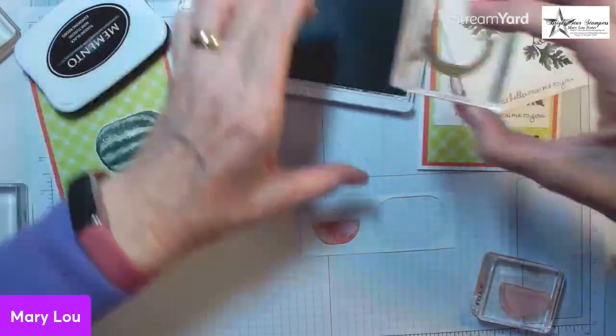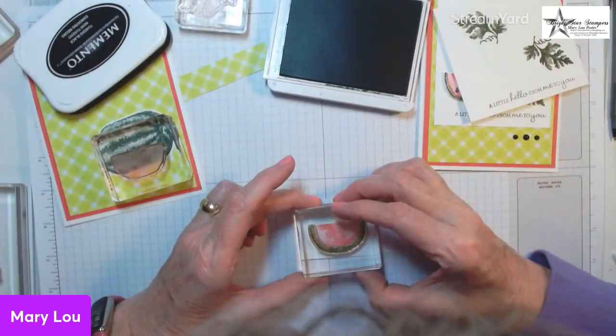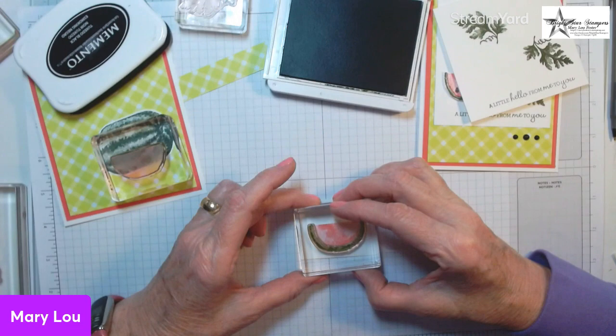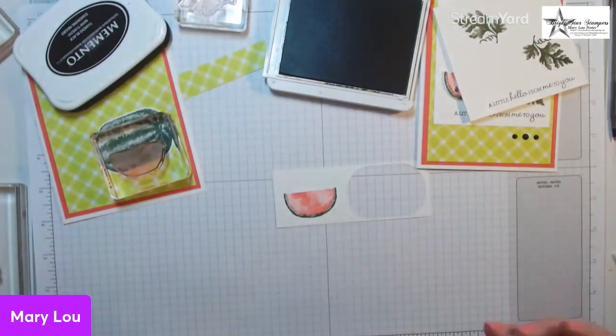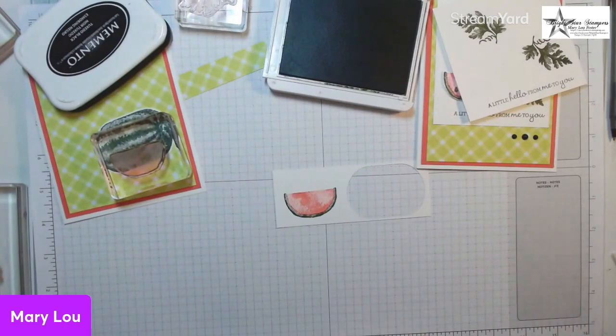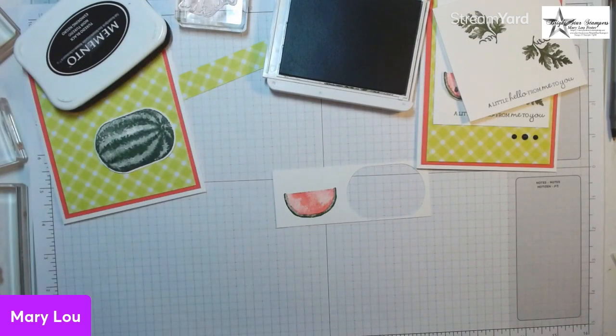And these are photopolymer stamps, so you can kind of see through, where they're going to end up. And I didn't even have to stand up and get my head in the camera. And don't forget your watermelon seeds,